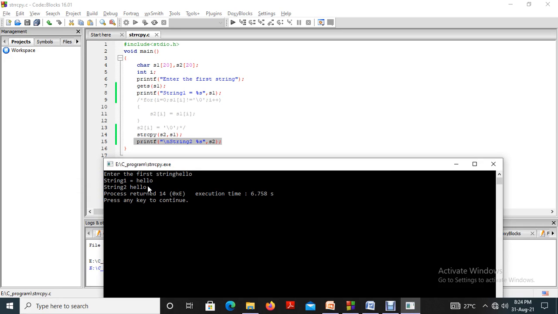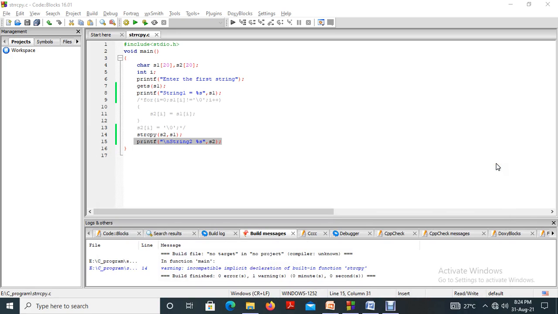It's very simple. But in the university examinations, you will not be asked to write a program to copy the content from one string to another with the help of strcpy. You just want to know how it works. Sometimes it may ask, but usually in the university examination, they will ask you to write a program to copy the content from string 1 to string 2 without using strcpy. That is the highlight. That is a challenging thing. Without using this string copy function, we have to write a program to copy the content from string 1 to string 2 without using this strcpy.